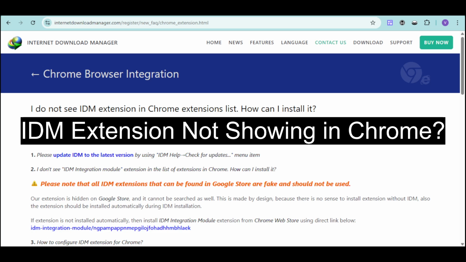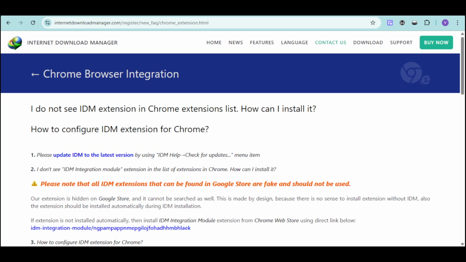So, is your IDM extension not showing in Chrome? Well, fret not, because I have in here this tutorial that can help you install it. Do take note that all IDM extensions that can be found in Google Store are fake and should not